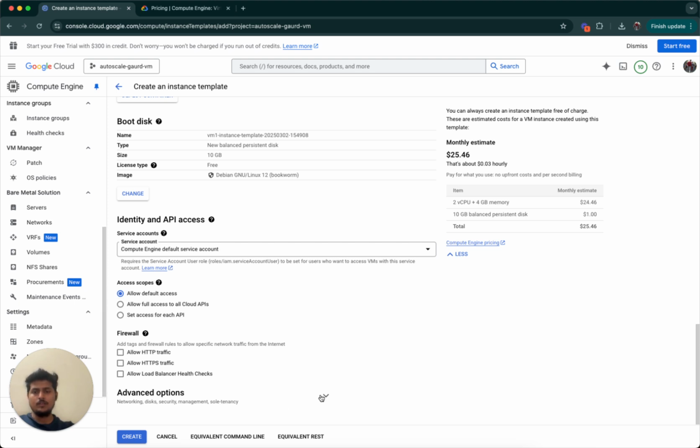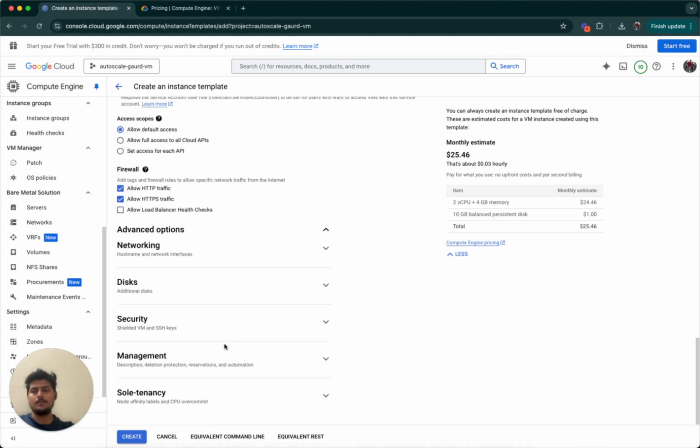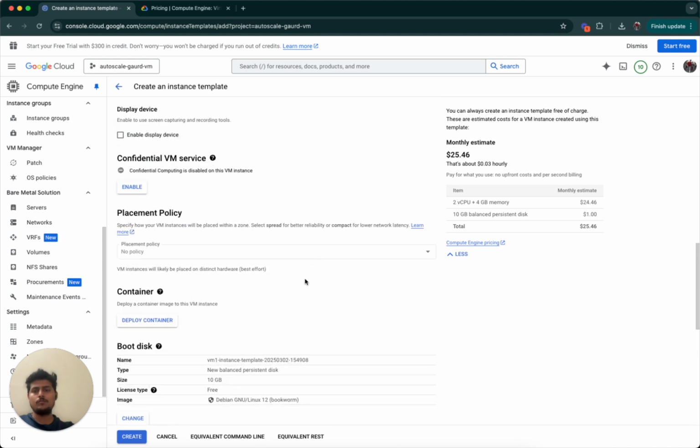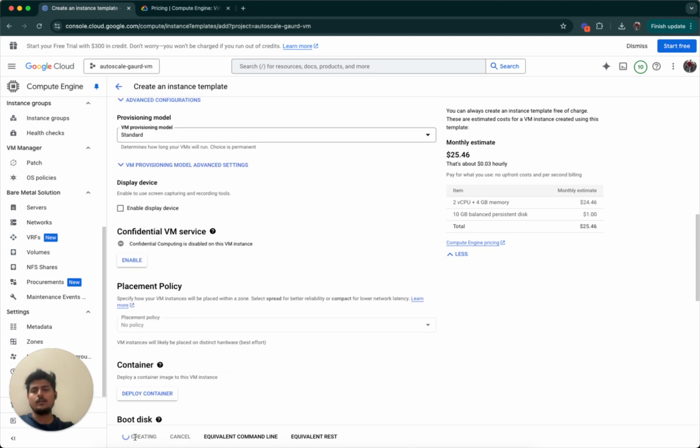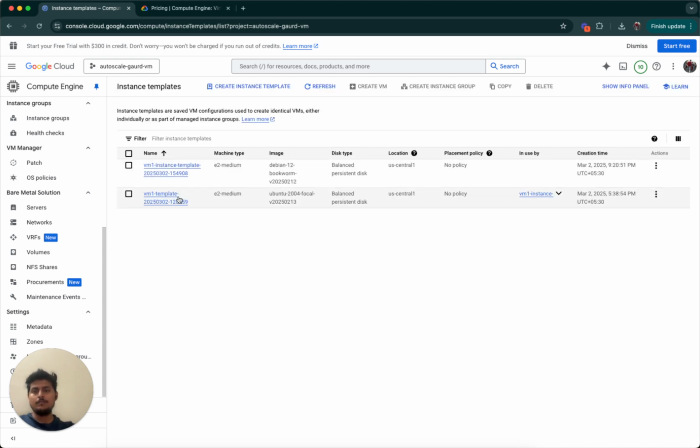And as you have already checked this option in your VM creation, the same thing we have to do here: allow HTTP, allow HTTPS. Apart from that, if you have given some add-on configuration, you have to make it here in a similar manner, and then create. As soon as you create a VM template, this VM template is going to be